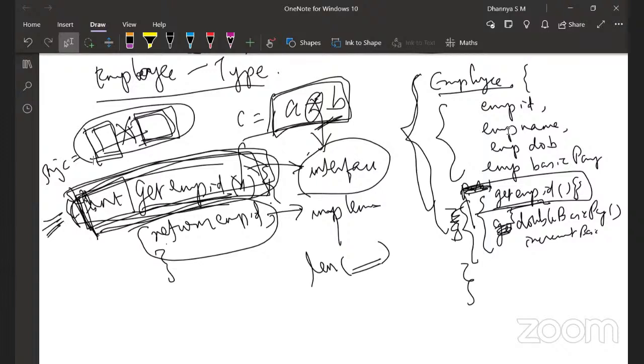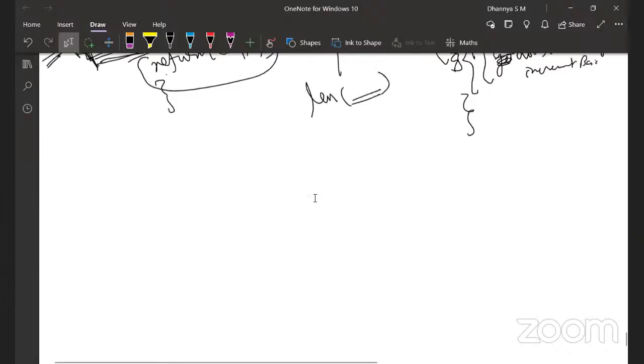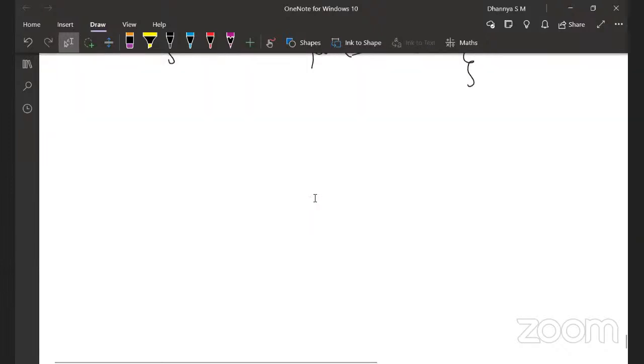I'm not even sure if you need to define it. Okay, can somebody give me an example of an abstract data type? Maybe I'll come to that with other topics. Queue and stack.